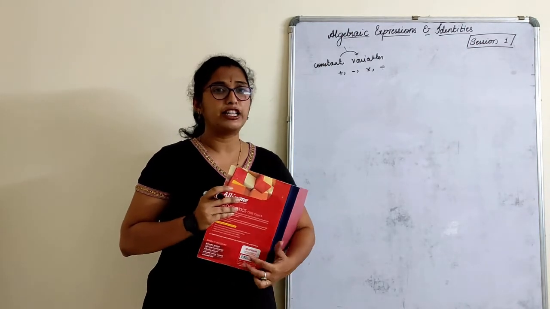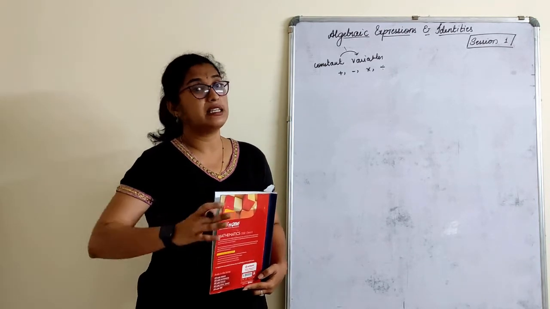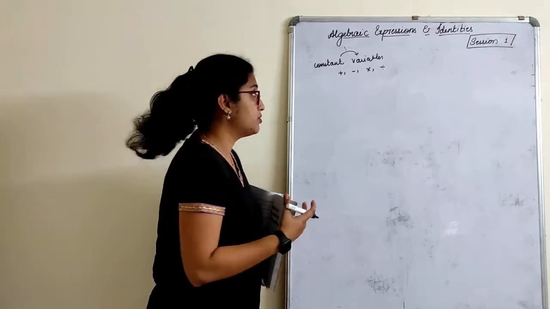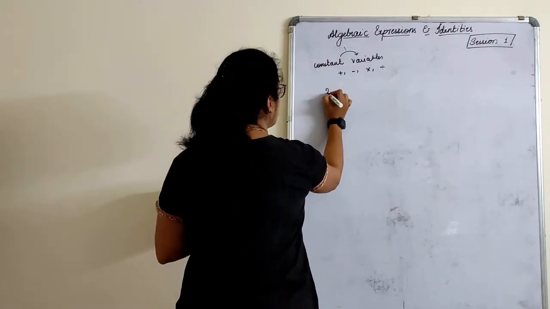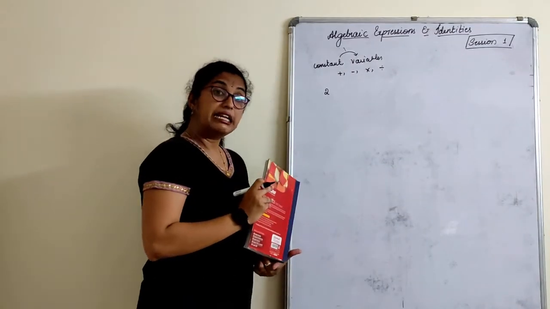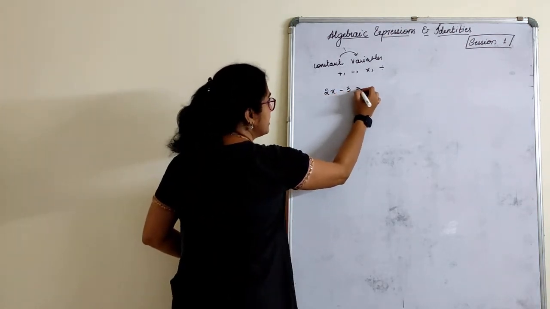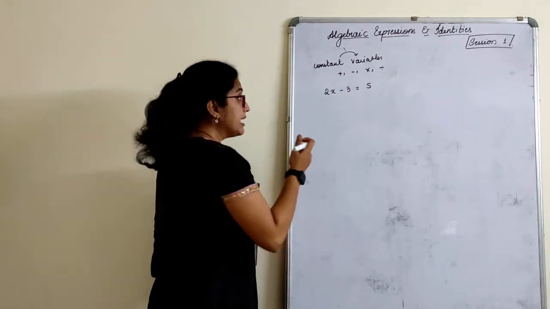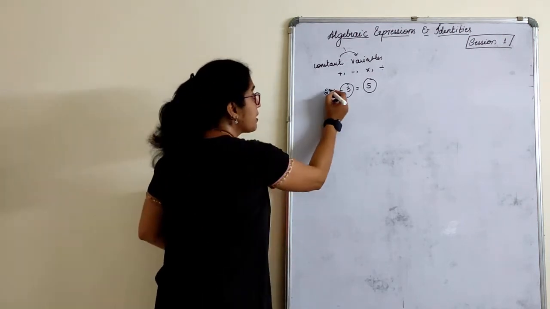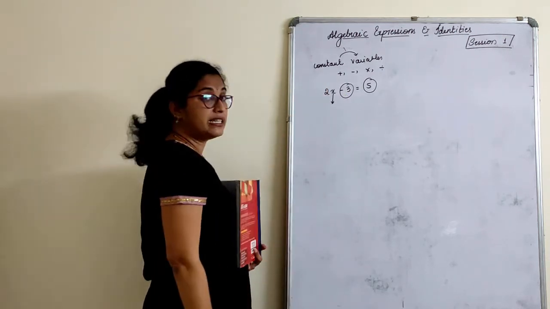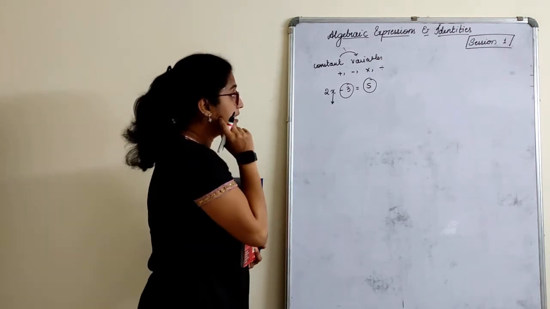When we talk about algebra, algebra is filled with variables. X, Y, Z, and we usually also use A, B, C, P, Q, R. All these are variables, right? With constants. Suppose I write an example, since we have done linear equations in one variable: 2x minus 3 is equal to 5. Here minus 3 and 5 are the constants, where x is the variable. This is the coefficient, which we will study again.